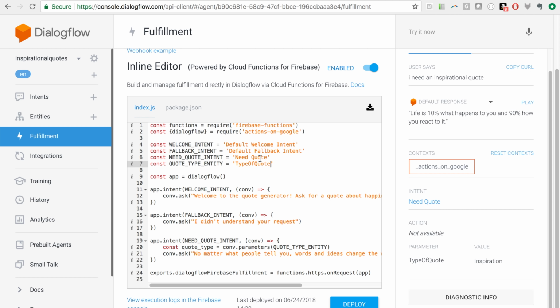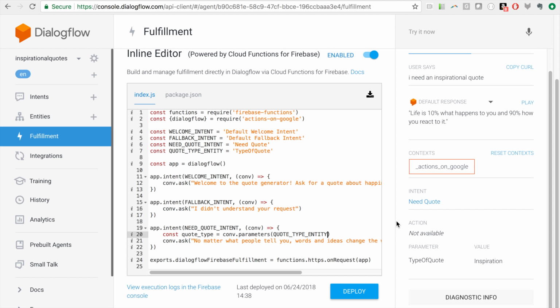And the reason why we put our strings up here is so that if we ever want to change the name of something, we can change it once and it affects everything in the code. It's just something to make our lives a little bit easier and make our code a little bit more readable and easy to change. And so we'll go quote type entity, basically grabbing the value for the parameter of quote type entity,